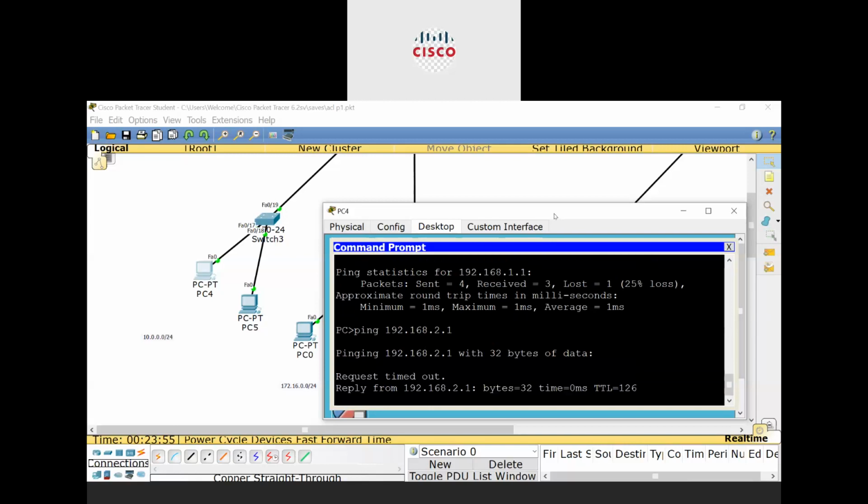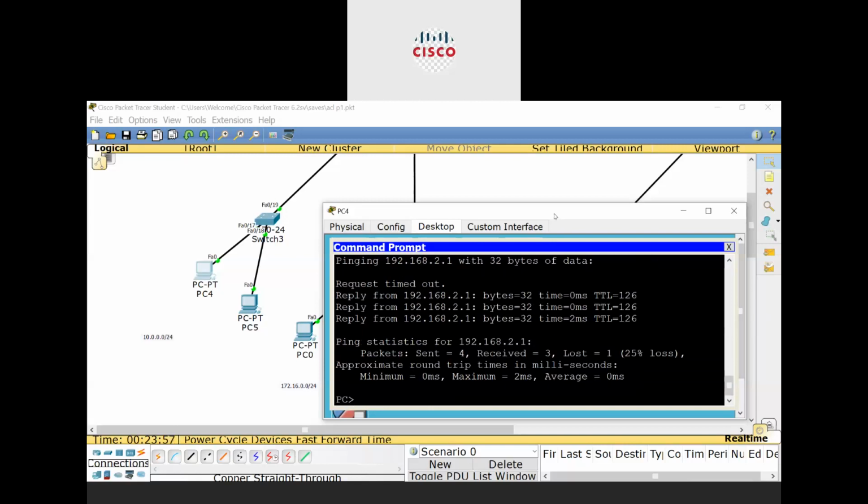So the thing is clear that this is how we are going to configure the access control list. It doesn't matter whether it is extended or standard. I think that now you all got the idea of how to configure a numbered access control list or a named access control list.